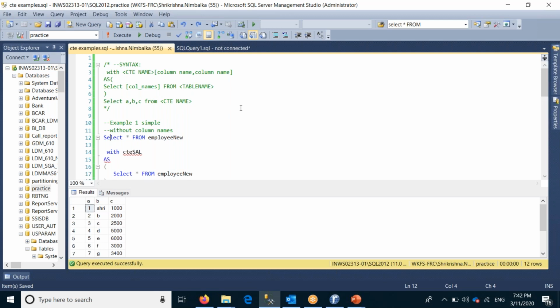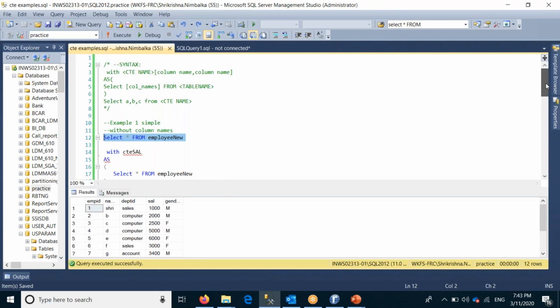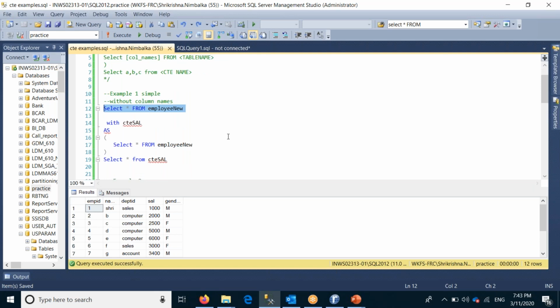So I have created various examples, but we'll see the first example. In this first example, I used it without the column names. So this is my table. We'll see which columns this table has, and how we have used that table in the CTE.